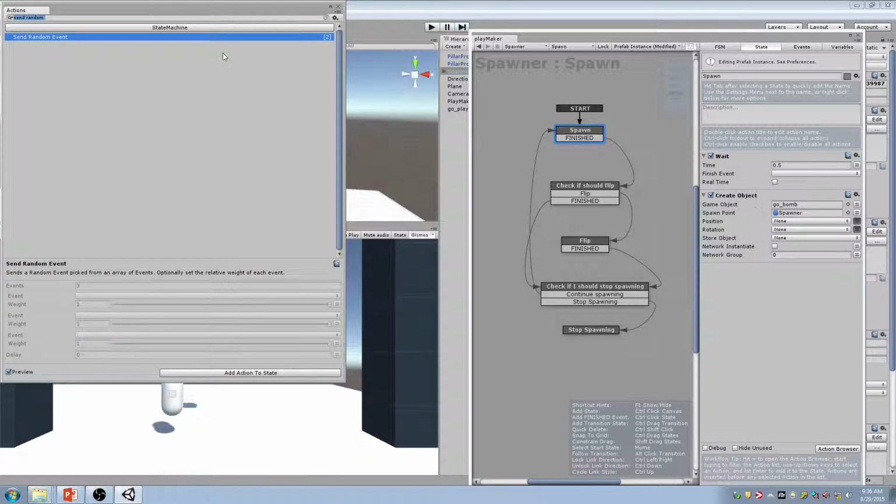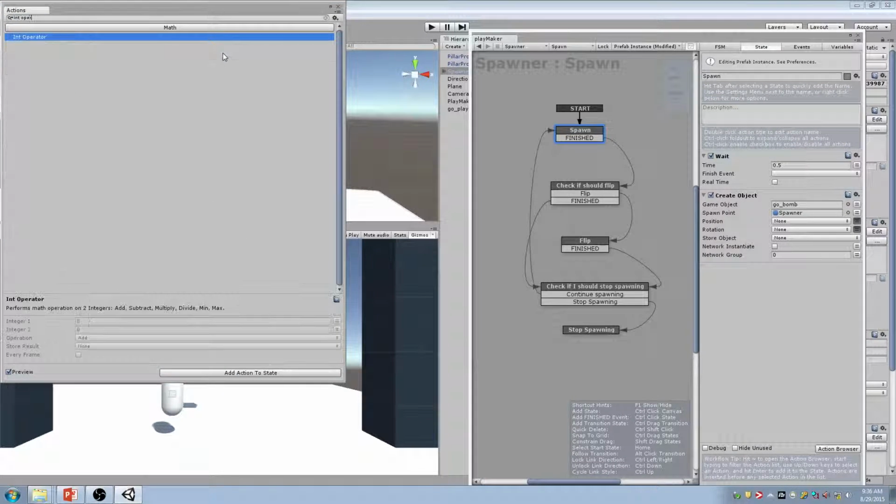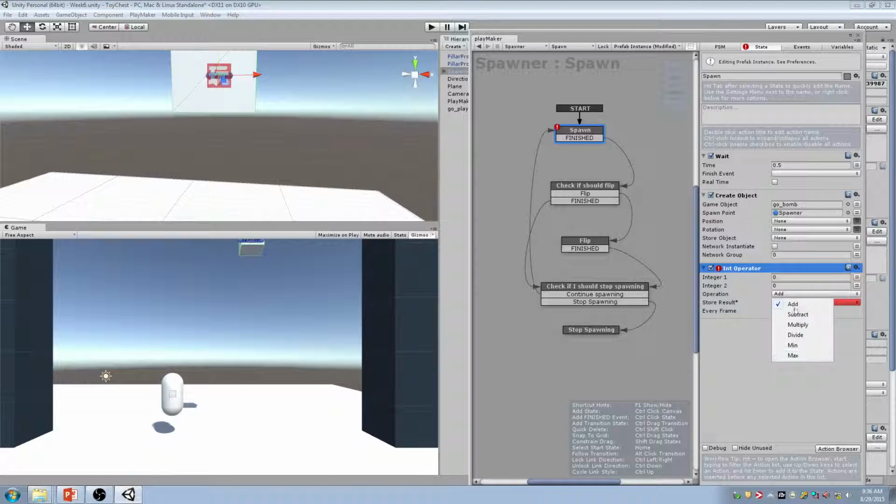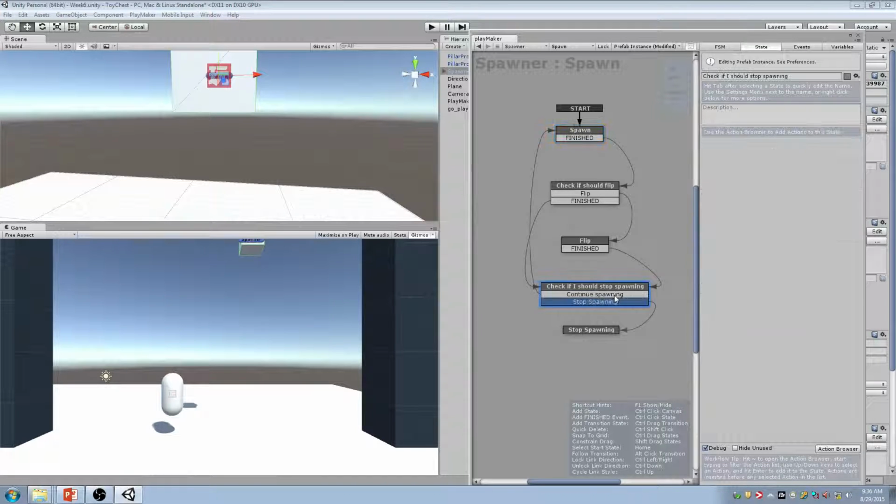So right after I create this object, I'm just going to do an int operation. There's an action called Int Operator. It lets you do things like add or multiply or divide, all these different things to a number. So I'm going to take this number of balls left, and I'm going to subtract 1 from it. Okay? I'm going to store it back into number of balls left. All right? So now every time it spawns,